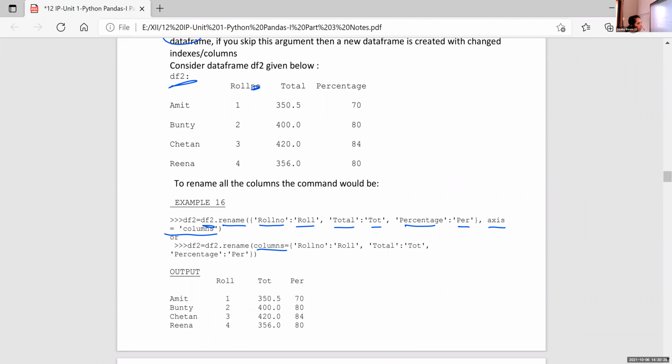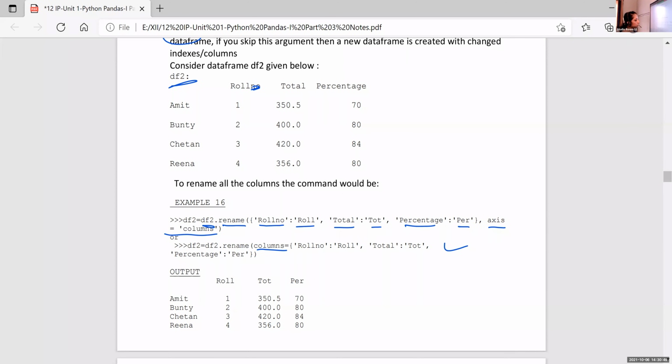This is also possible. This is the common method we are using. This is also a statement to rename column headings. Then roll number is replaced with roll, total is replaced with tot, and percentage is replaced with per.